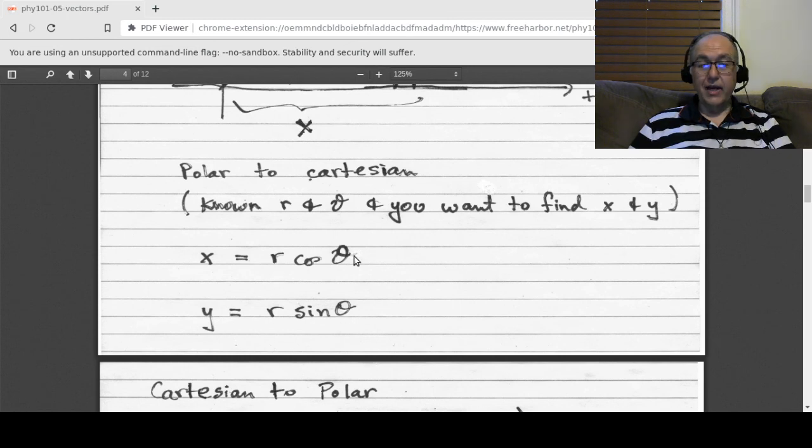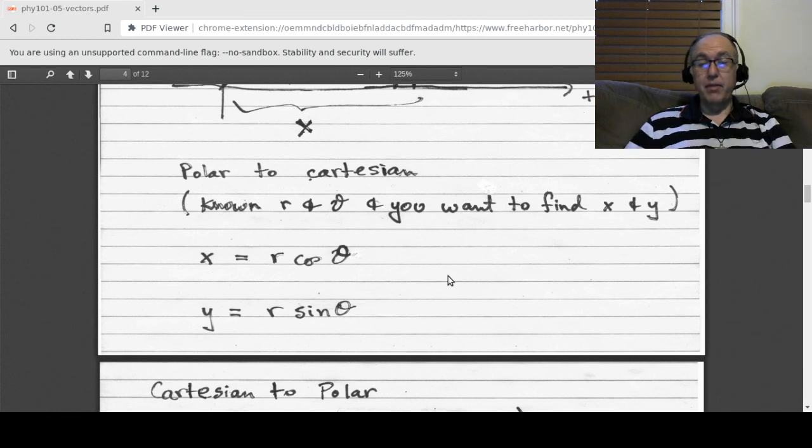So you know r and theta, and you plug into this formula, and out pops x. And you know r and theta, and you plug into the second formula here, and out pops y, okay? And just remember that the cosine goes with the x component, and the sine goes with the y component, okay? Make sure that you measure theta starting from the positive x-axis and counterclockwise, and then these formulas will